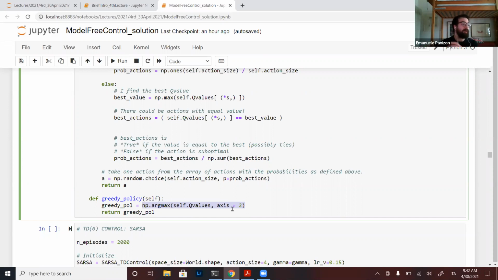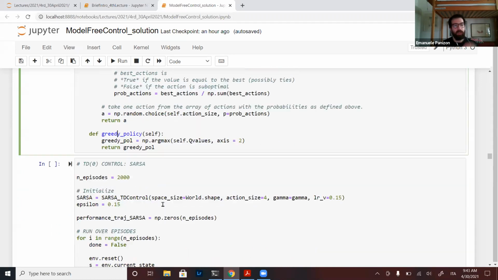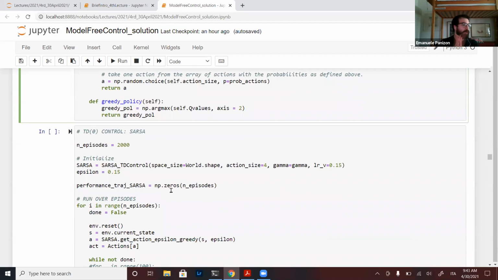I do not care because right now the greedy policy means that I just finished, so I'm fine with only one of the possible greedy policies. If I wanted to keep on learning, I need some exploration, so it was actually much better to have this splitting. So notice that there is this slight incongruence if you want, but the greedy policy is defined as this.